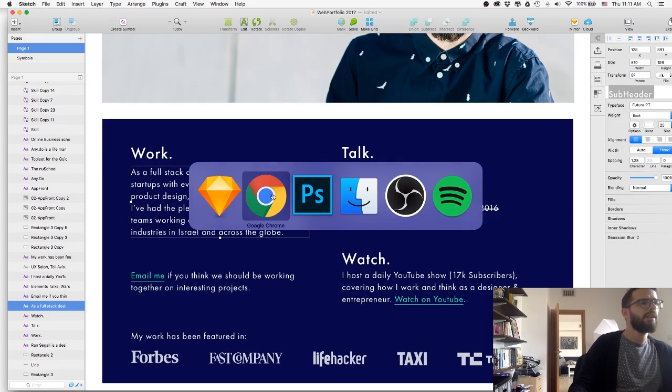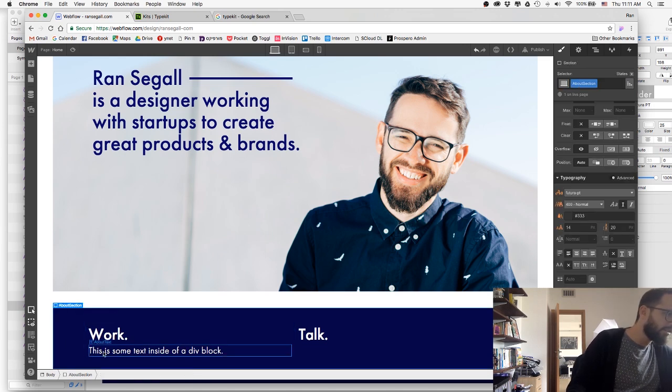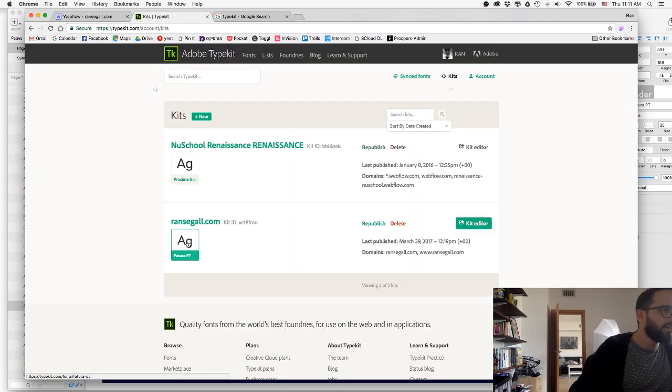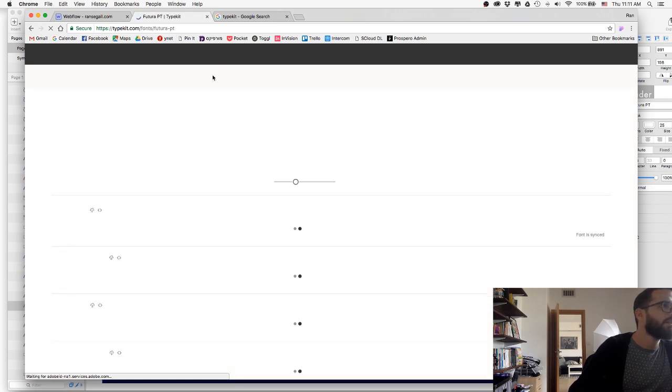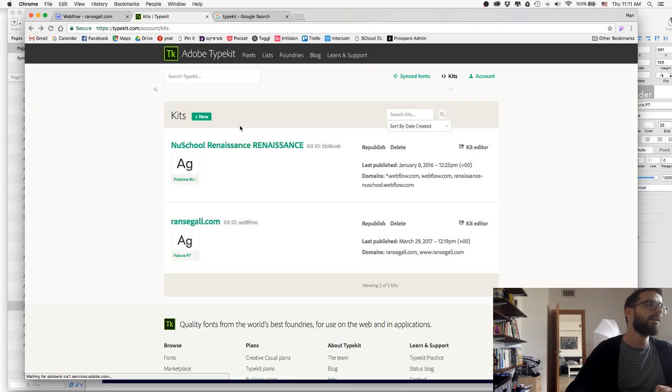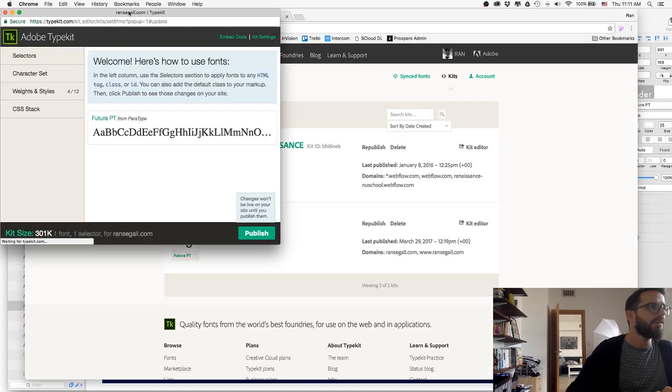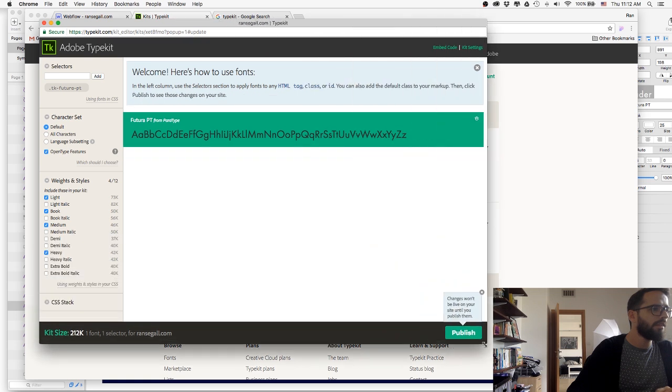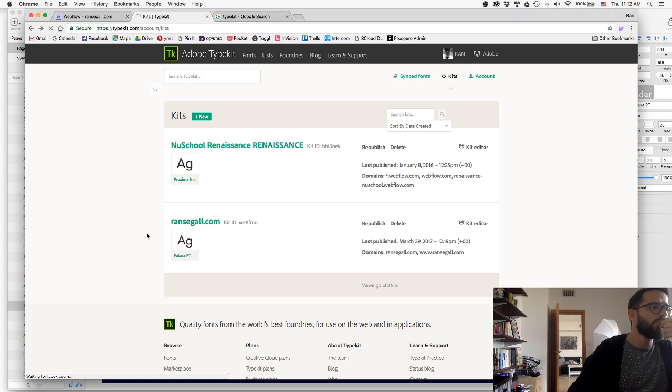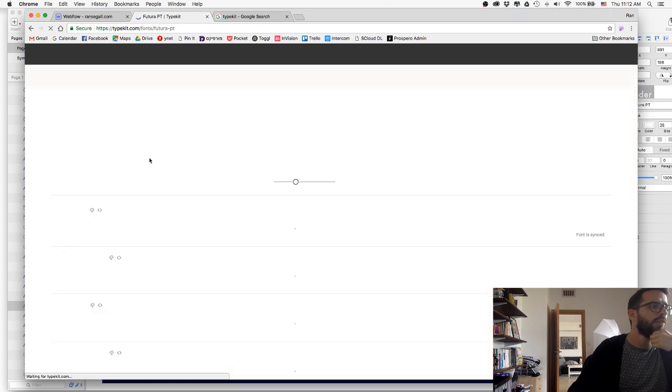So here the text looks lighter, and here the web font actually renders a bit bolder. How about I try to look in the Typekit kit editor for a second here, and see if I can add a bit of a lighter width. But I have here the light. So somehow the light renders a bit bolder in web. Not sure why, but